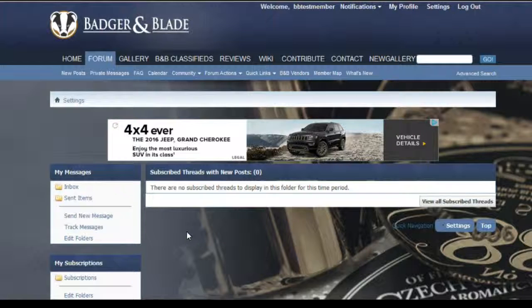For today's illustration, I will actually be sending a private message to my actual B&B username, so we'll be clicking back and forth, so it'll take just a little bit of time. Go over to the left hand side. Once you see it highlight yellow, hit Sent Items,